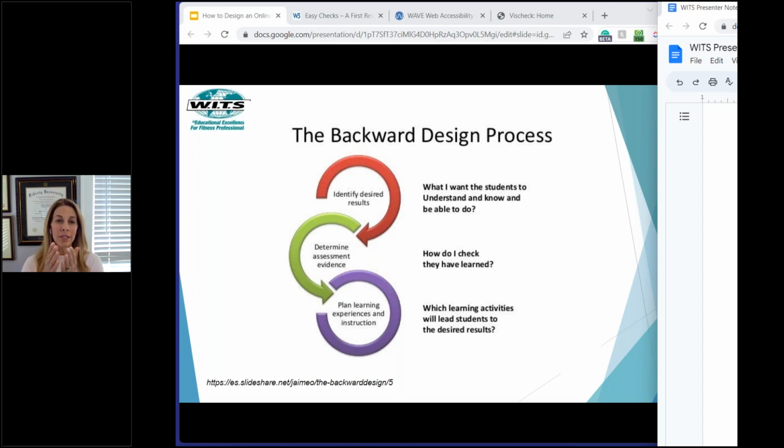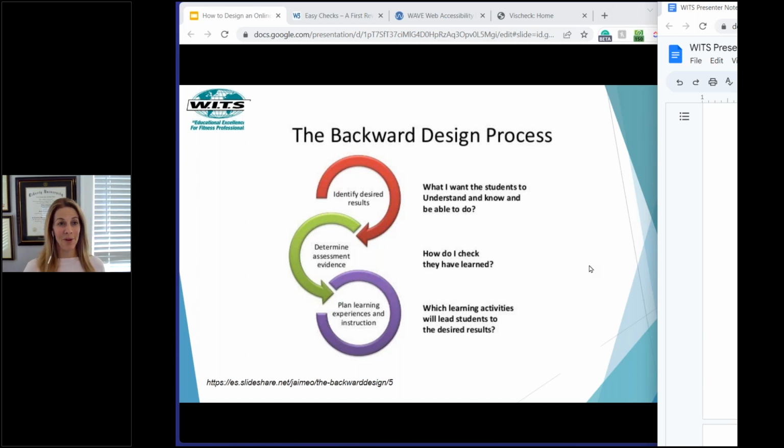But when you look at this, the goal is that everything maps or is in alignment. So if you create an objective, what's that assessment going to do? Is that assessment going to support that objective? And then what content is going to support that assessment? So for instance, I'm going to use